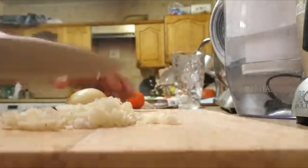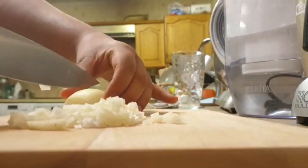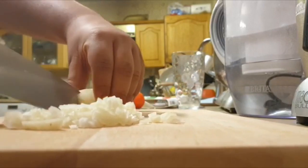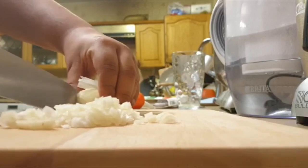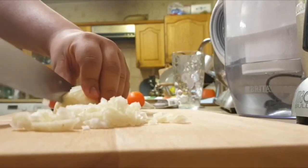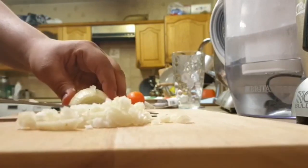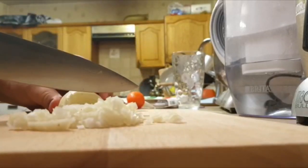So this one's a lot thicker. You sort of want to chop it in, and make sure your hands are like a bridge cut when you chop it. Otherwise, you honestly would cut yourself. Even when you chop it in half, you need to make sure